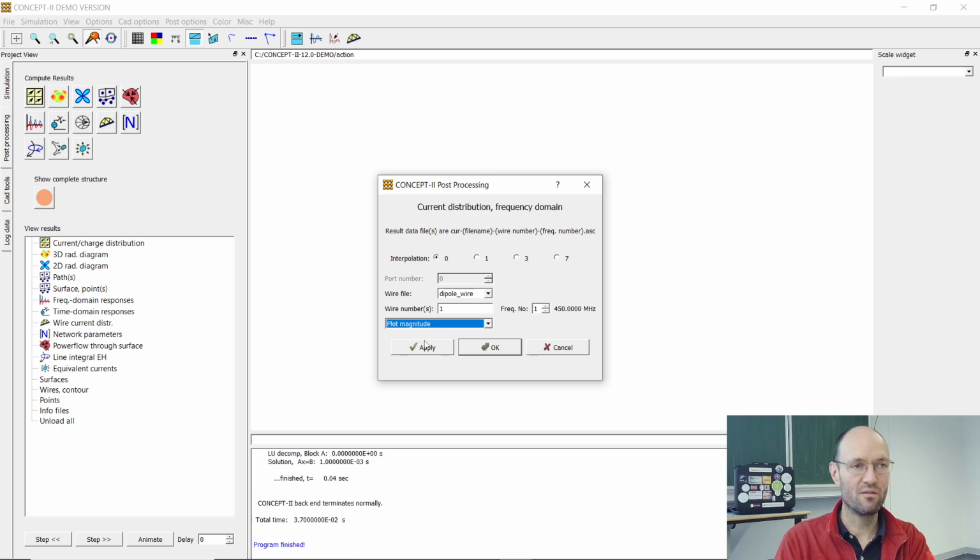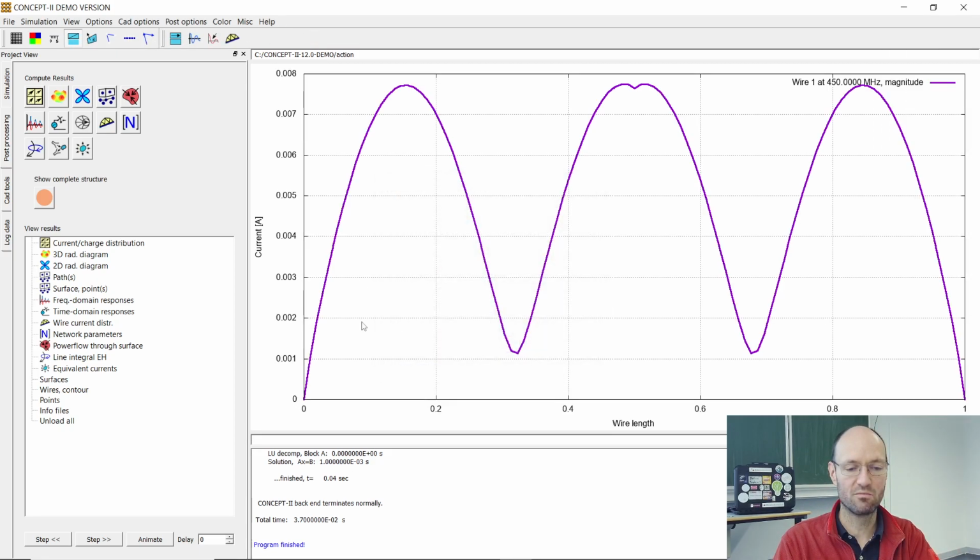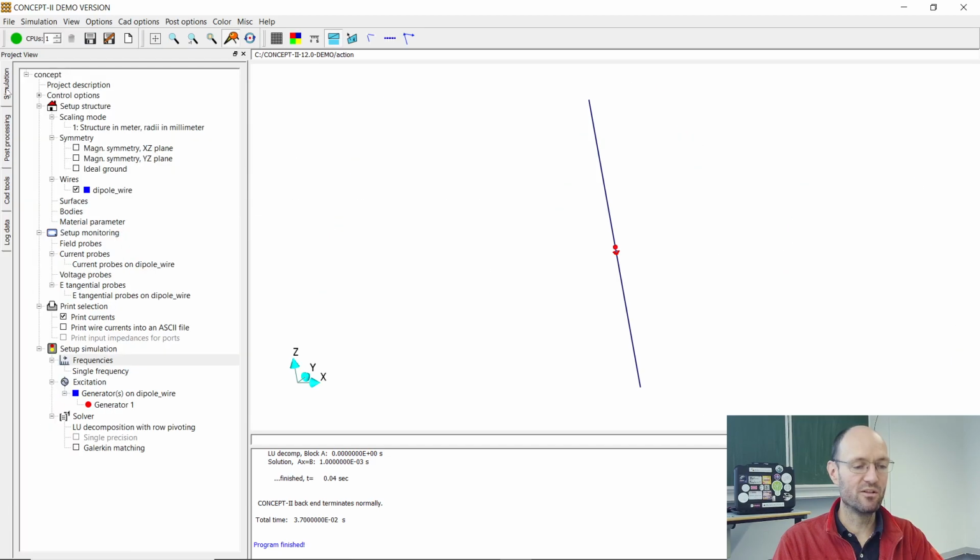Frequency gets higher, wavelengths get smaller. We have more wavelengths along the dipole antenna, so we get more ups and downs. And this would now happen if we would go to higher and higher frequencies. But imagine, it's not a super high frequency. We have something that is 1 meter in size and radiates at a frequency of 450 megahertz, and